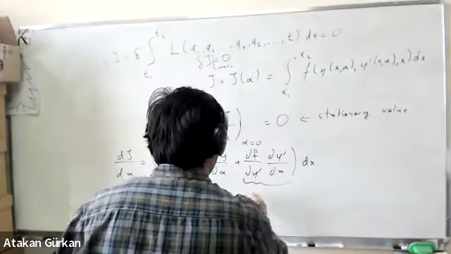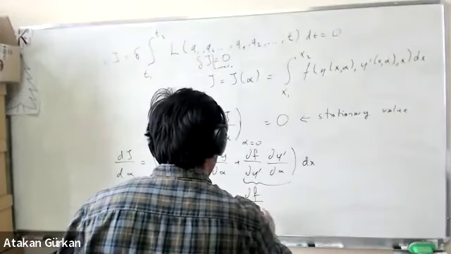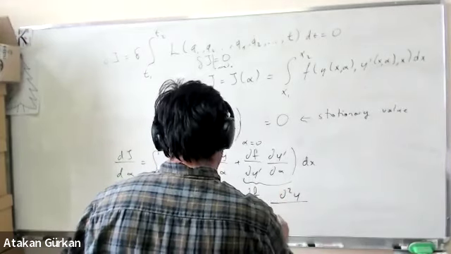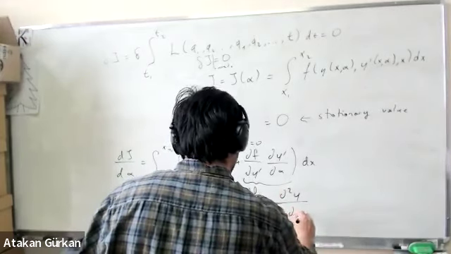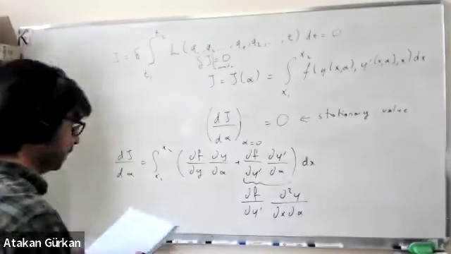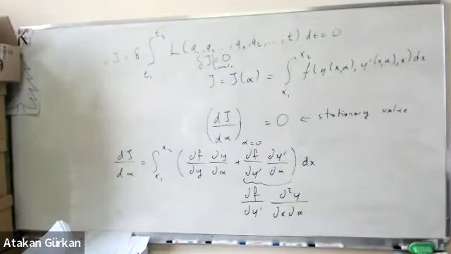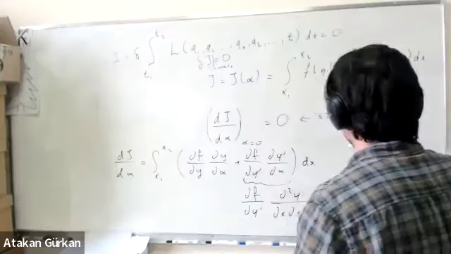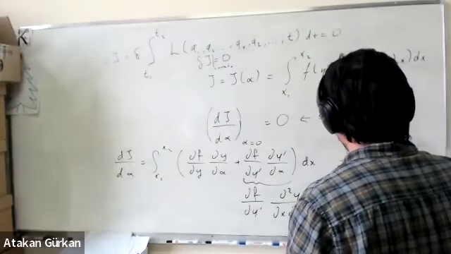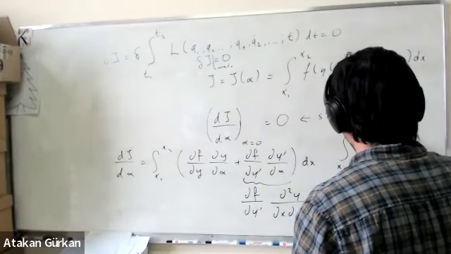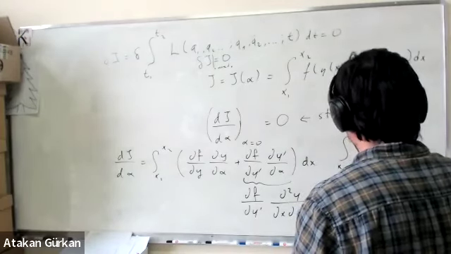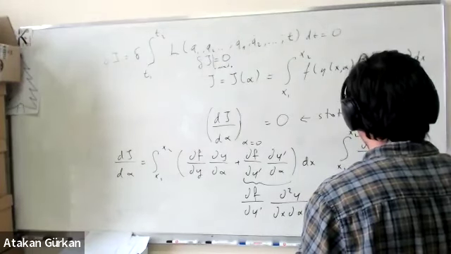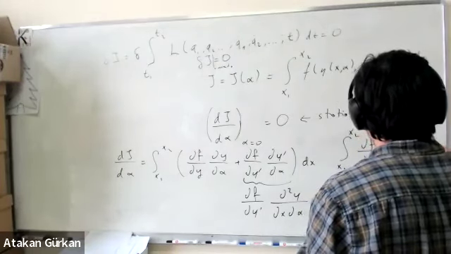So this is del f by del y prime, del square y by del x del alpha. Okay. And now I'm going to take this integral. So I'm just looking at the second part: x1 to x2, del f by del y prime, del square y by del x del alpha dx, and I'll integrate